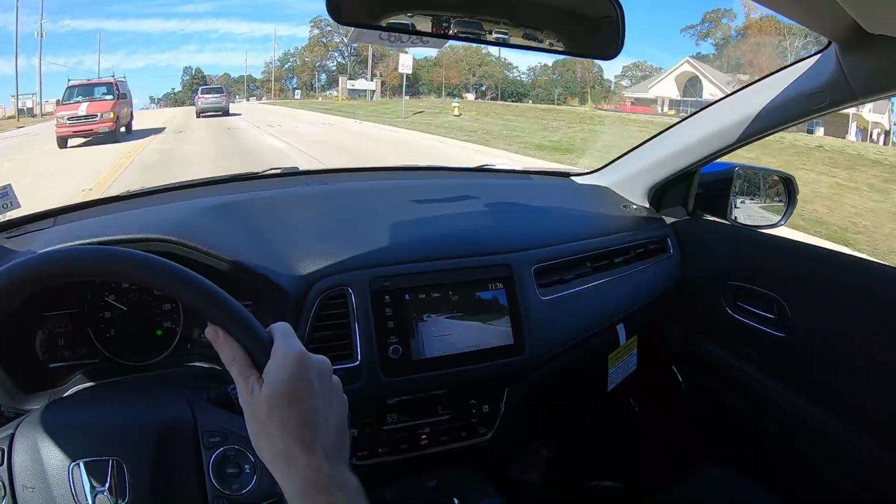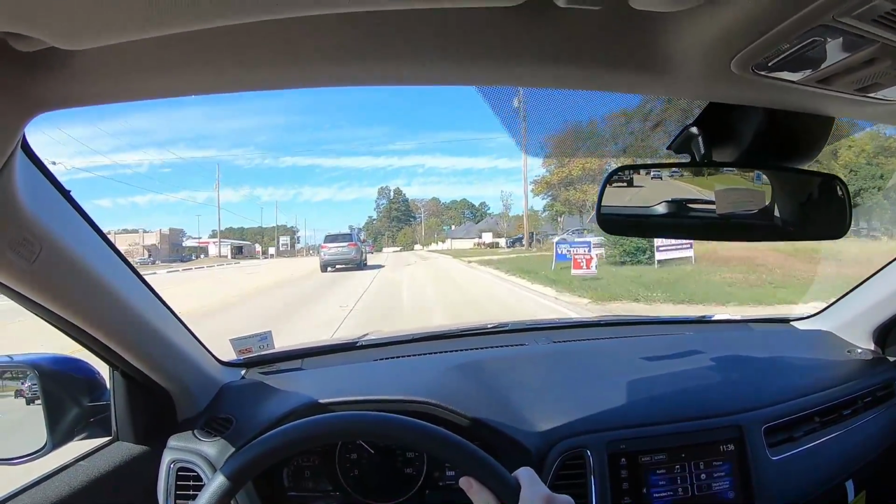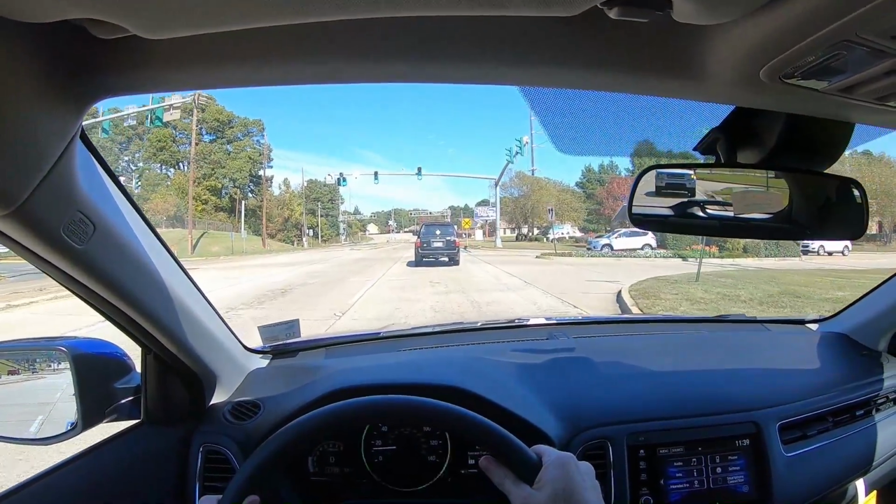Let's go ahead and change lanes here real quick, and that way you can kind of see how this works. There is a good view of Honda LaneWatch and how nice that is, how that works. Now, as I take off from the light here, guys,